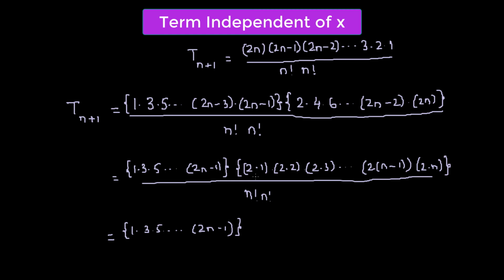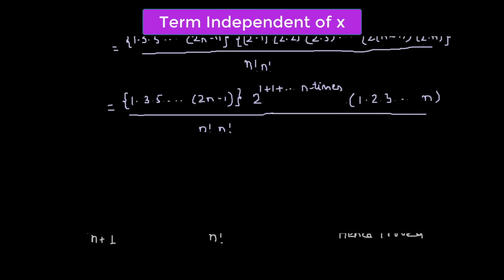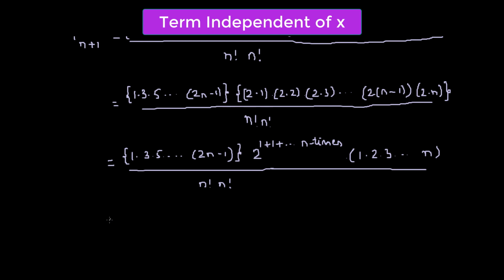Now we multiply each of the 2s that were factored out from each of the even terms, and that should give us 2 raised to the power 1 plus 1 plus all the way up to n times. And then we are left with 1 times 2 times 3 up to n, divided by n factorial times n factorial. So this 1 times 2 times all the way to n